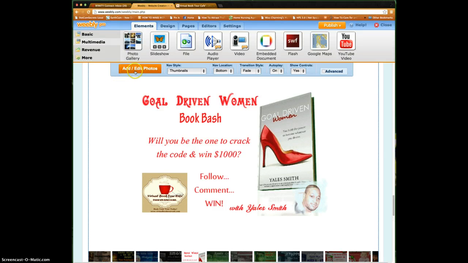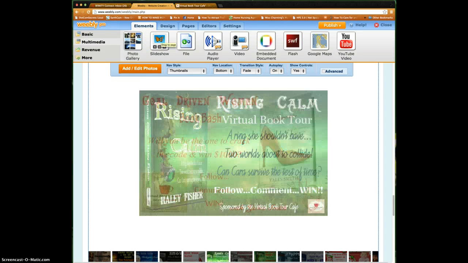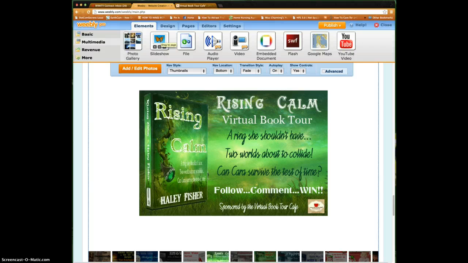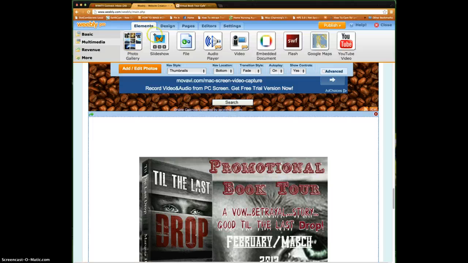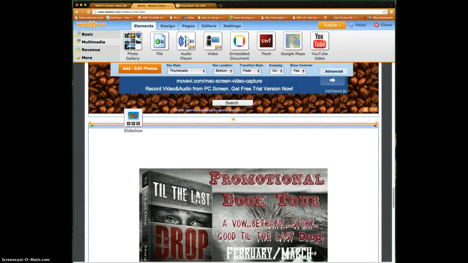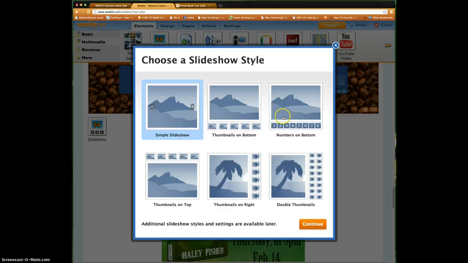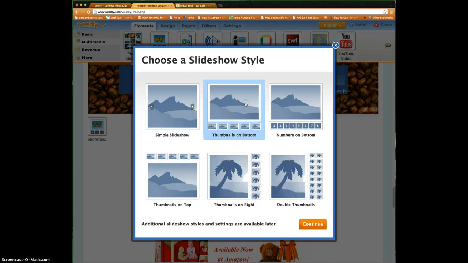I'm going to pull this down just so you can see what it looks like when you add this slideshow here. You pull it down to wherever, and it's going to ask you what type of slideshow you want. Do you want the full image or the navigation bars on the bottom? Or you can have numbers on the bottom. You can have your thumbnails on the top, the side, or double thumbnails, so it shows pretty much all of them. Whenever you're done and you decide this is the one I'm using right here,